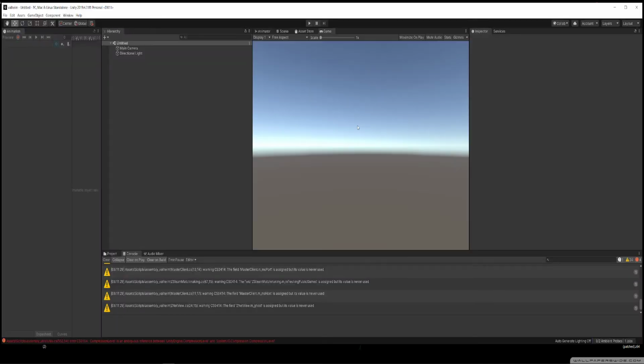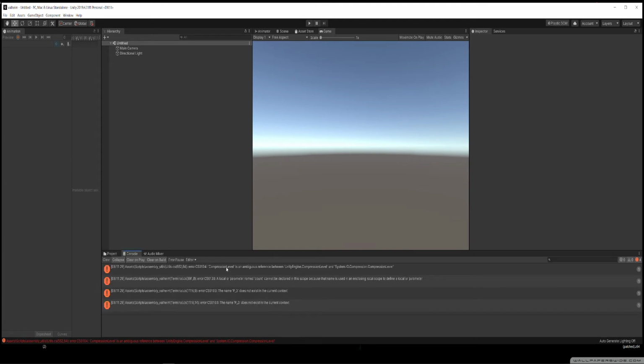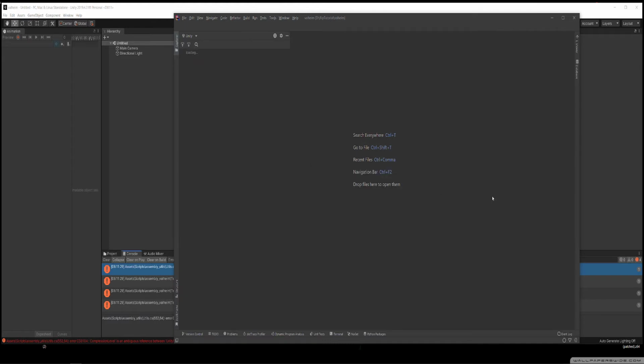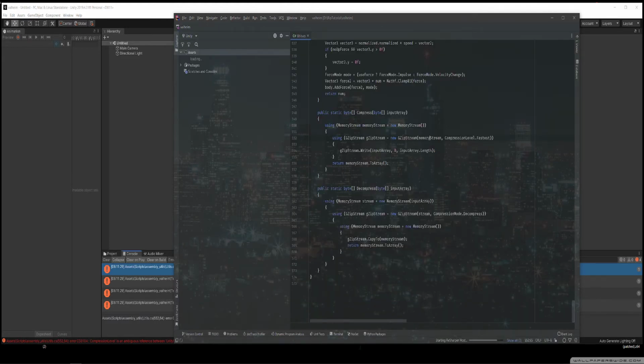Okay. Now let's see what kind of errors we have to clean up. There are some errors to clean up from exporting these scripts inside of ILSpy. Let's start with the first one, which is inside of assembly utils, utils.cs. This is more or less saying that it doesn't know which compression code to use, if it should use the